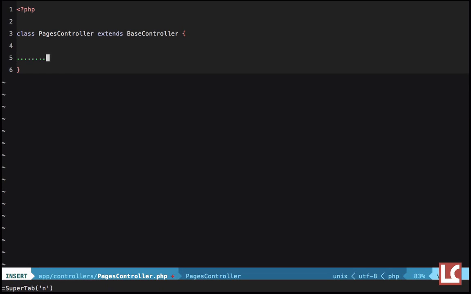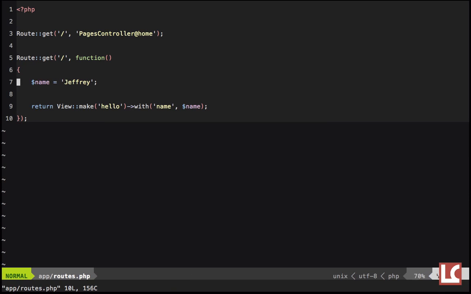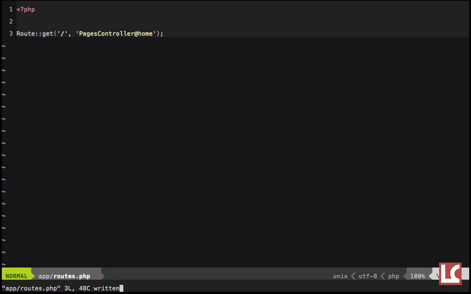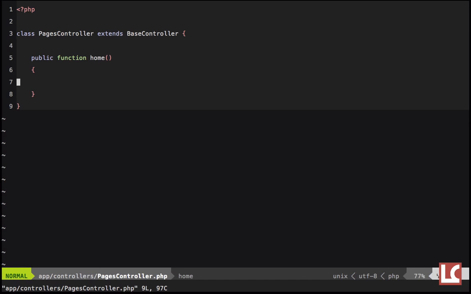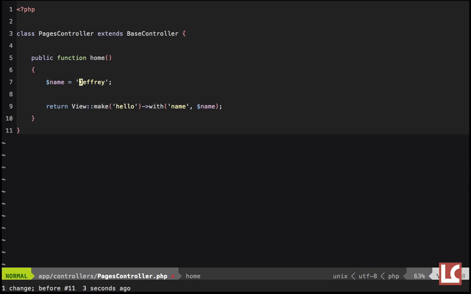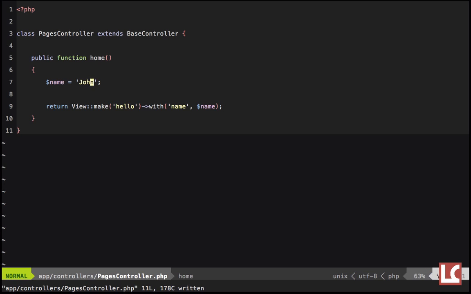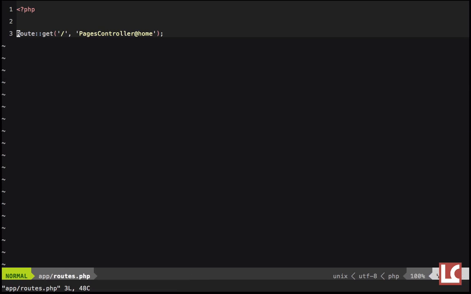Next, remember how within our routes file, we gave it a method name called home. We need to create that now. So I will create a method called home, and now we can treat this in the same way as we did from our routes file. In fact, I could just delete that. Let's get rid of all of this here. And now if I go back to my pages controller, I can paste that in, like so. Okay, let's try this. And we will update the variable name to John. Okay, if I reload the page, everything works exactly the way it did before,